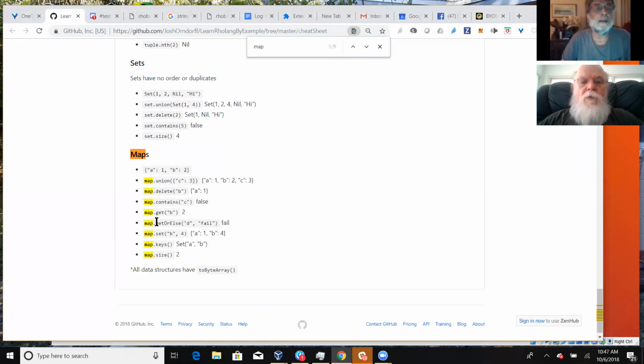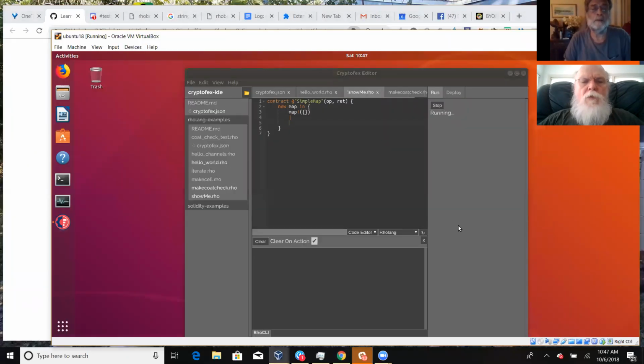But what we need is to set and get a value. The basic operations that we need.